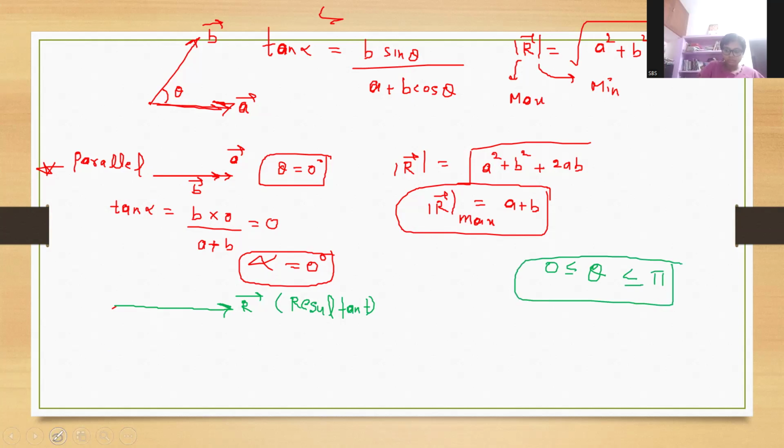If they are asking to find the condition when two forces have maximum magnitude, when two vectors are given in terms of forces, then you should apply it like this. Clear? This A vector, B vector, any vector. It may be momentum, it may be force, any vector. Now next,